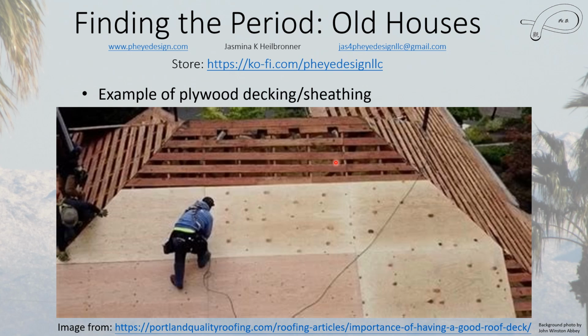So this would be considered a re-roof because this is the structural part. So they took down whatever was maybe on top of this before, and they're re-roofing it. And this does look like a rather rich person's house just because it seems to be rather big. Hard to tell though. But if